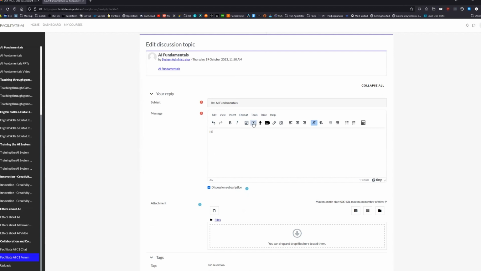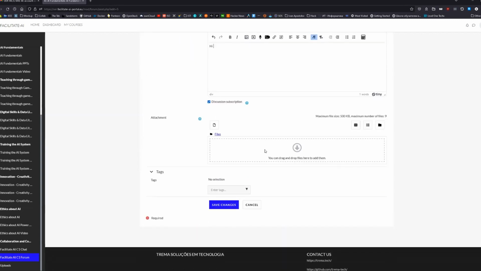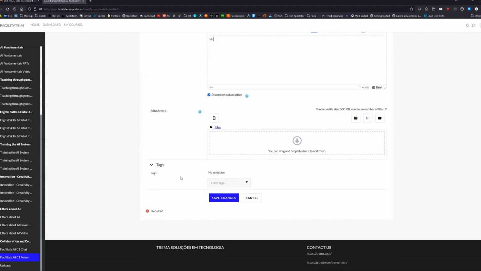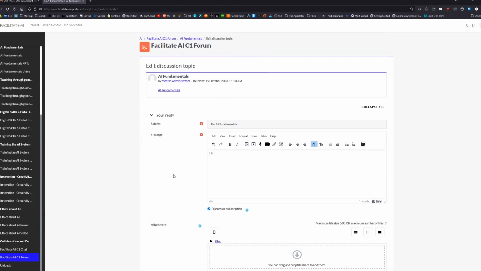We can add some pictures, videos, links. We also can add some attachments to our post which can help the collaboration between teachers and students and all the users. I can also make some tags.